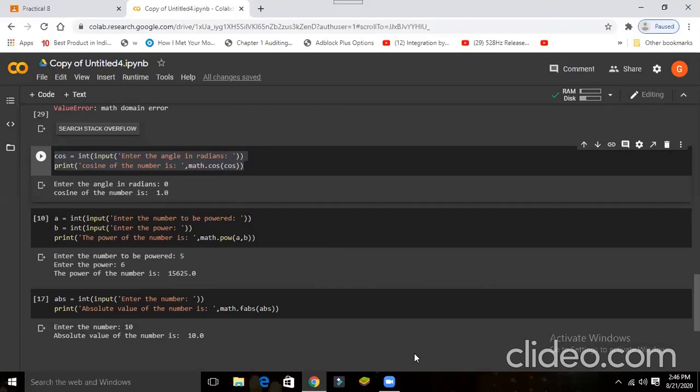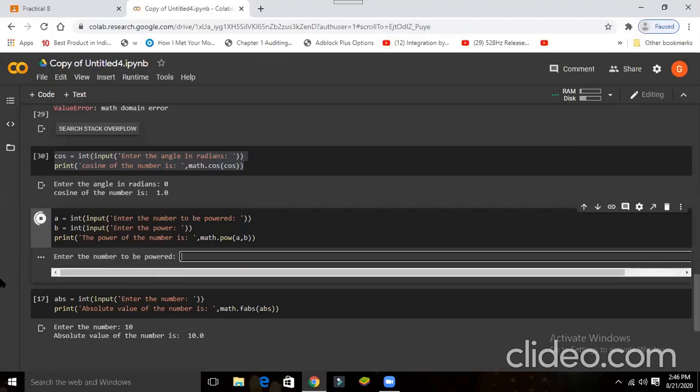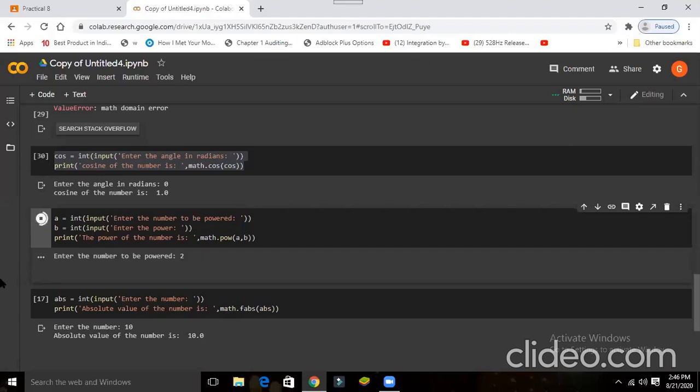Suppose 5 comma 6. So you have to find 5 raised to 6, so this is your answer. Suppose you are finding 2 raised to 5, 2 comma 5, the answer is 32. Yes.